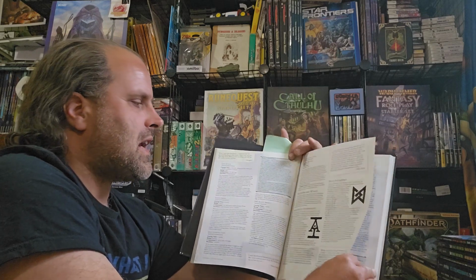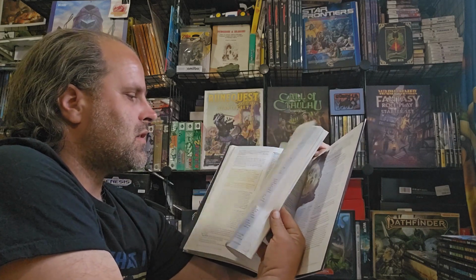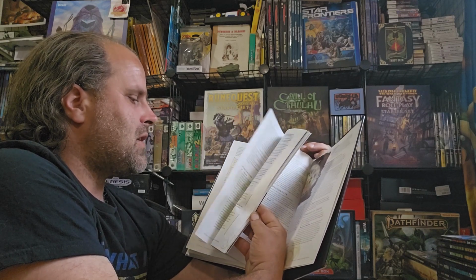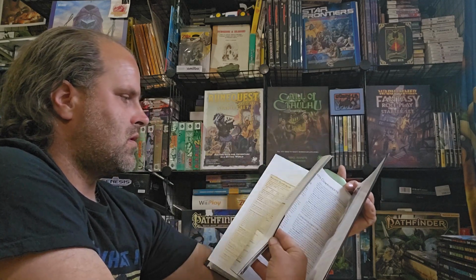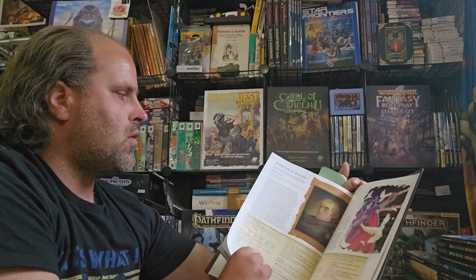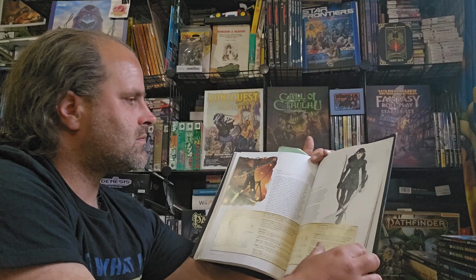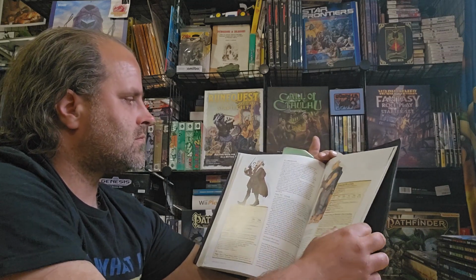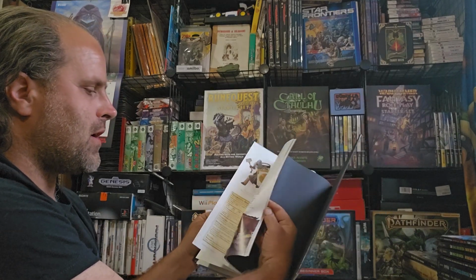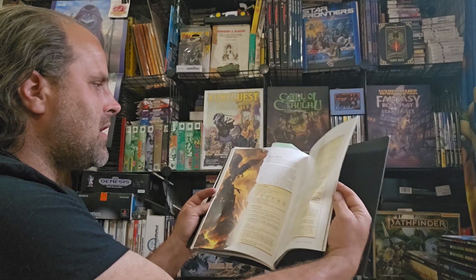You have the organizations and factions and rivals, and then you have the little adventure in here, which I'm going to skip past because I'm not going to show you that stuff. I'm going to get to the back, where you have all the characters of note for Acquisitions Incorporated, with stats, in the back of the book. Which is kind of neat if you have players that are fans of Acquisitions Incorporated. You can always have them pop in and help out or hinder the party, as well as